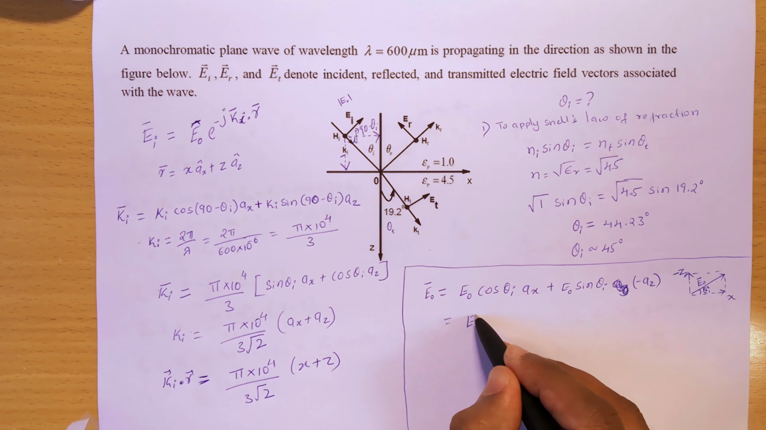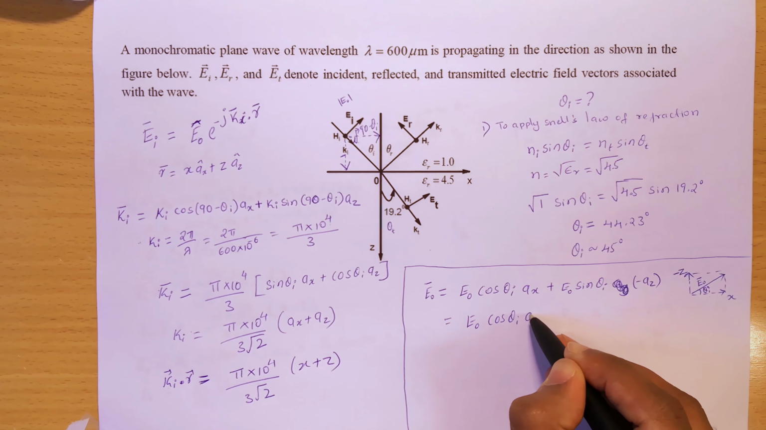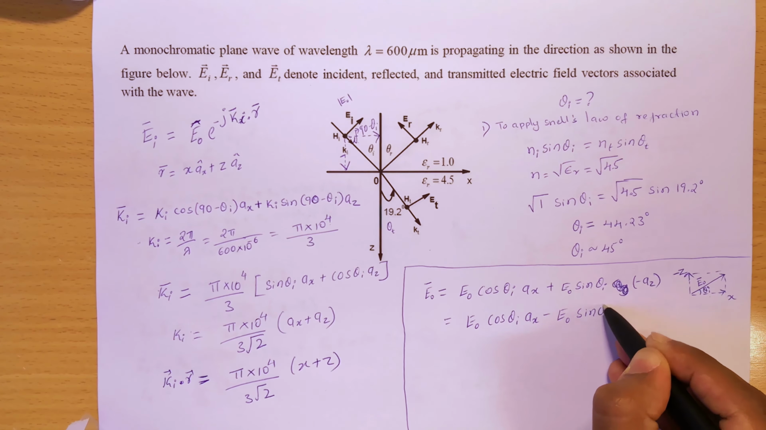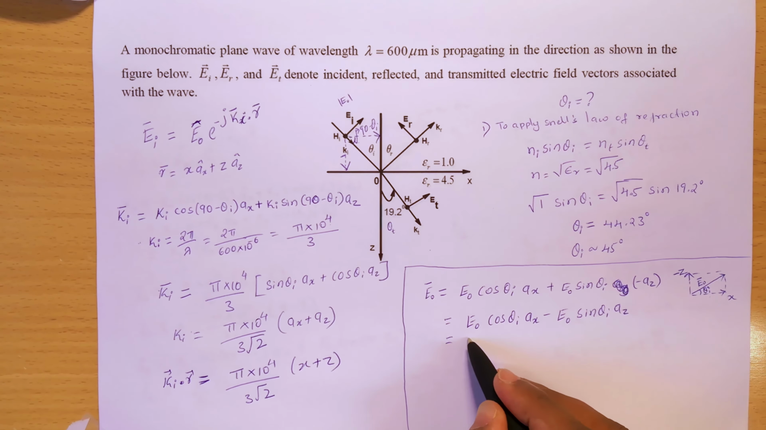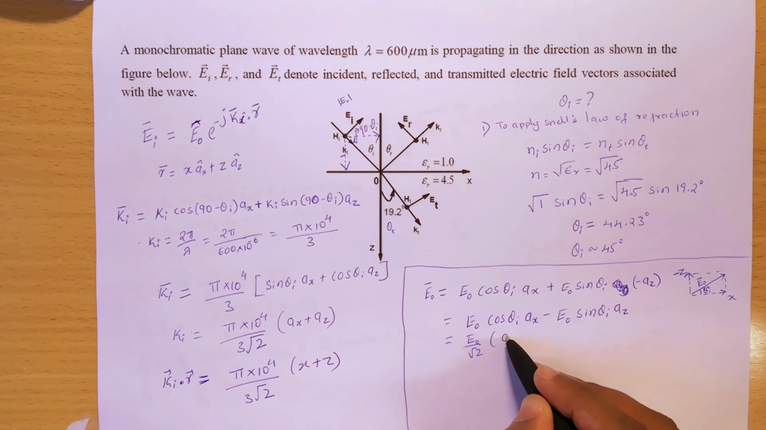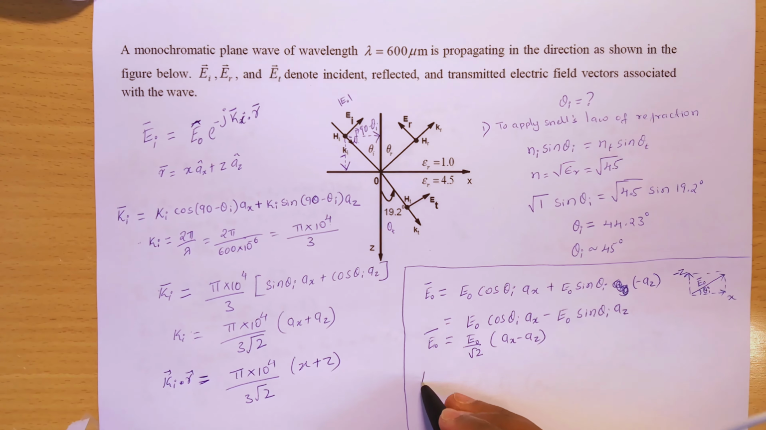So it's E naught cos theta I ax minus E naught sin theta I az. So if we solve this, it's E naught by root 2 (ax minus az). So we know what E naught is now. So let's just combine these two. So EI is equal to